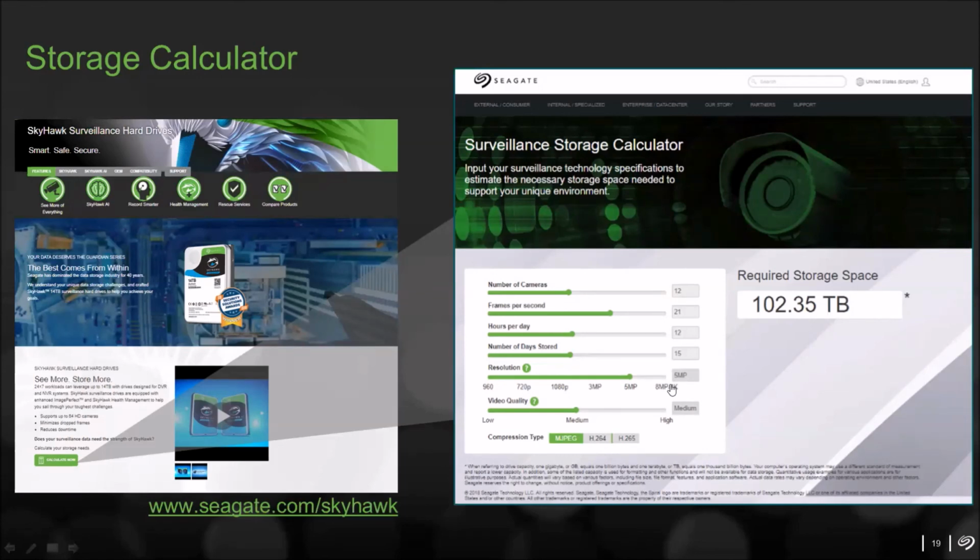And then, beyond just the pure storage space, and as you guys can see, the SEAGATE team with their SkyHawk drives, continue to increase the amount of space that they're allowing you to capture on each individual drive, right? So capturing the right amount is not going to be the hard part, right? You can figure that out with our storage calculators, but then more importantly, making sure you have the right features